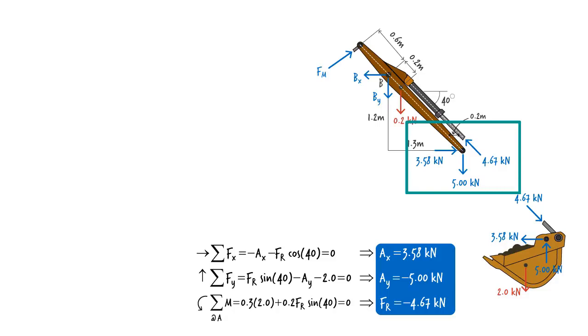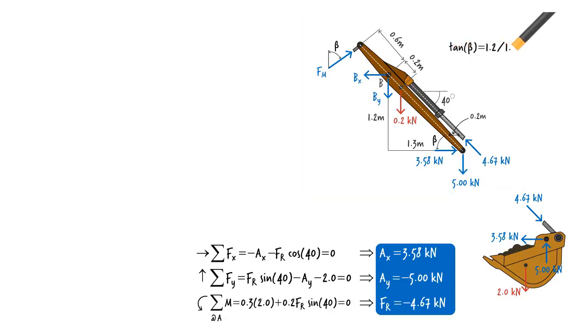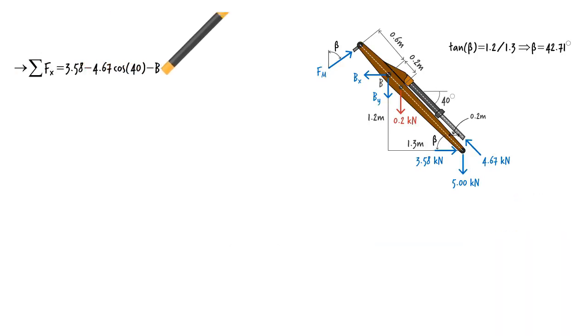Ax, and Ay. Now we can easily calculate the remaining 3 unknowns using the equilibrium equations for the link. But to write the equations, we need angle beta. It equals 42.71 degrees. Then the equilibrium equations become